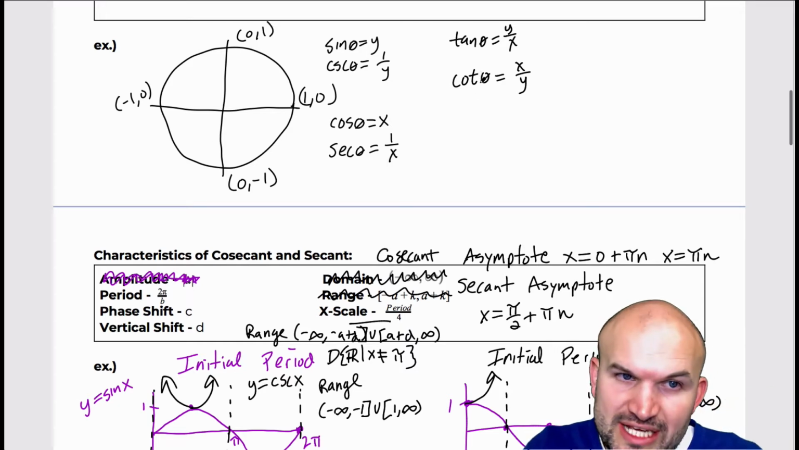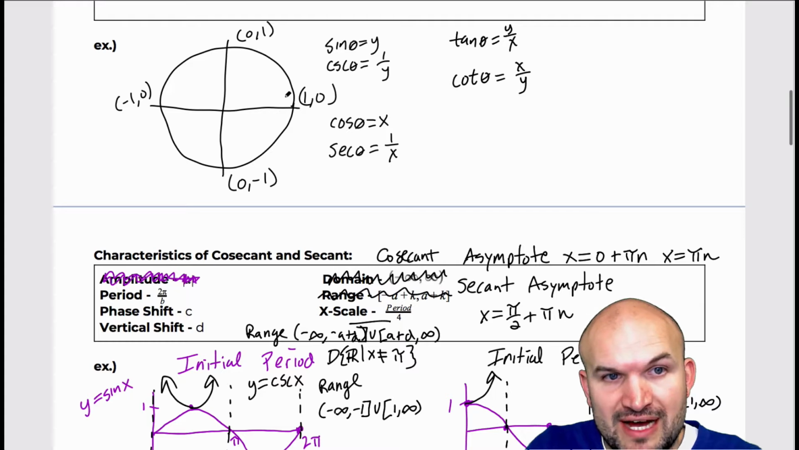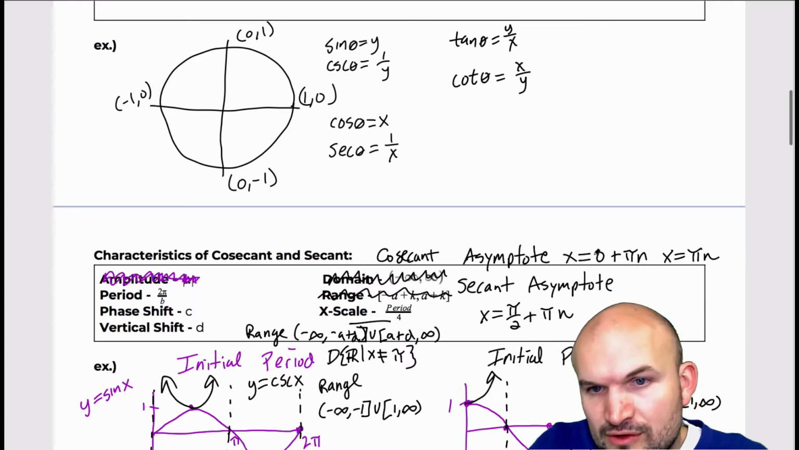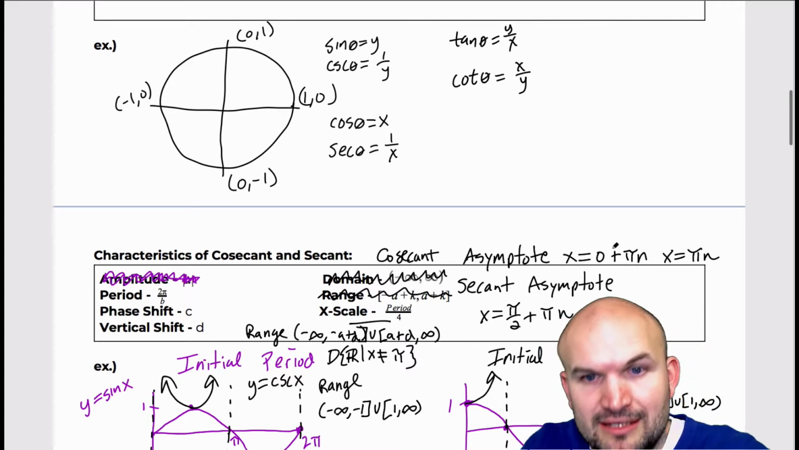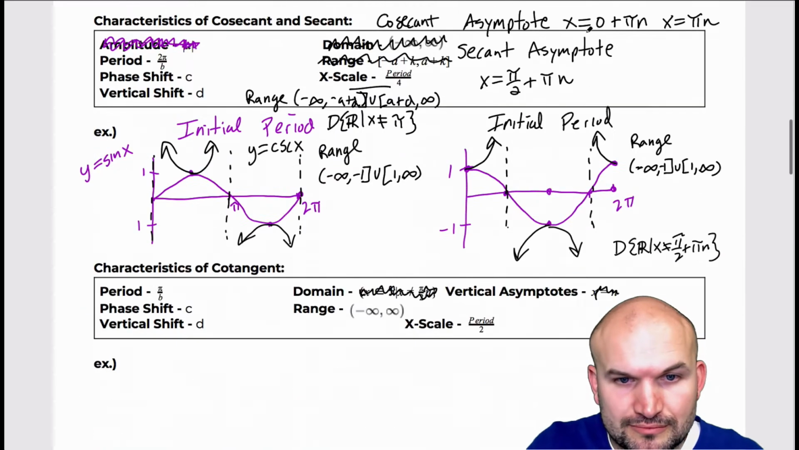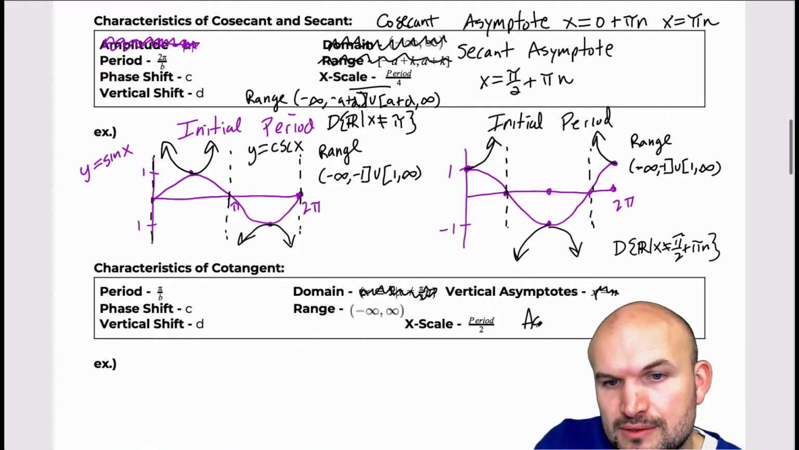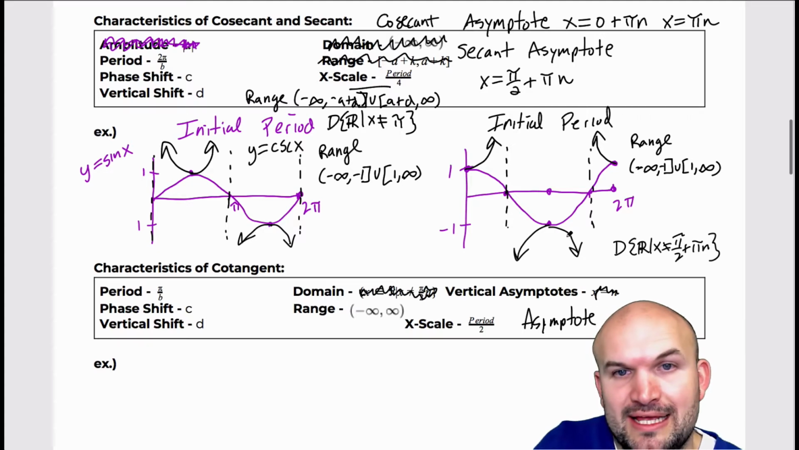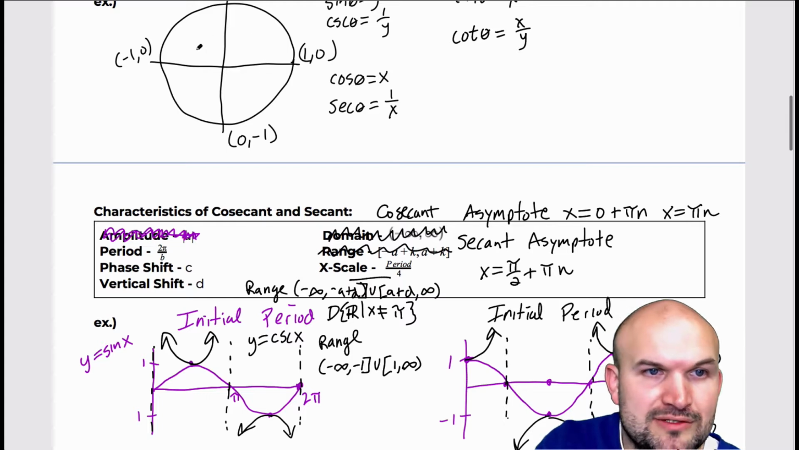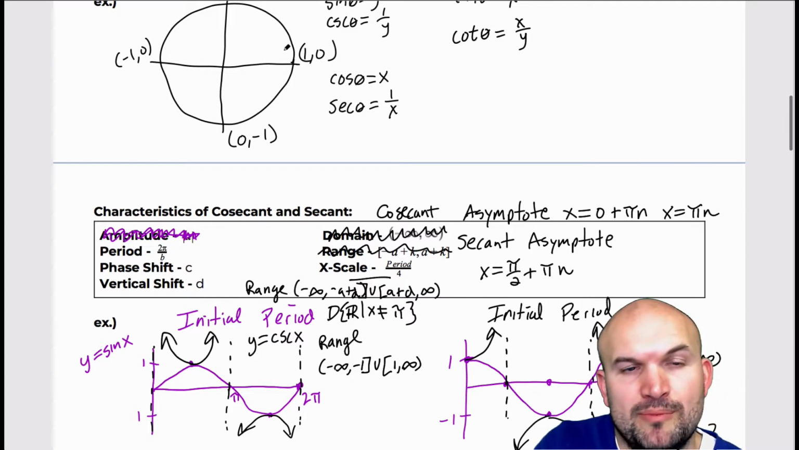We can see that cotangent is going to be undefined at 0 and pi. So rather than writing it again as 0 plus pi n, we can just write pi n. So the asymptotes are going to be at x equals pi n. And again, at every multiple of pi, so pi, 2 pi, 3 pi, 4 pi, we're always going to be